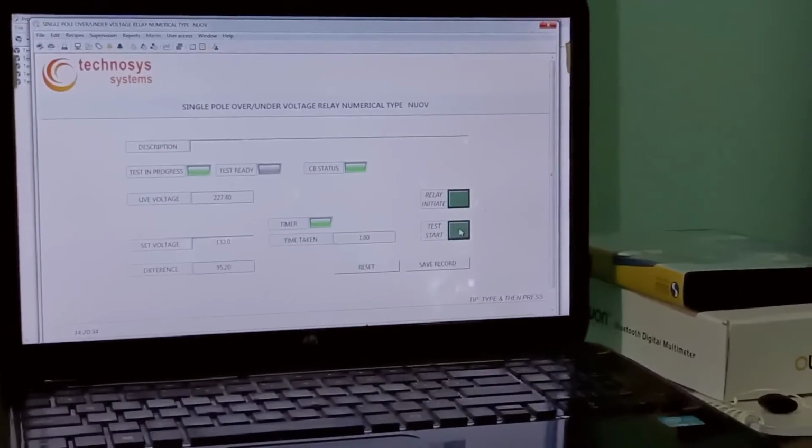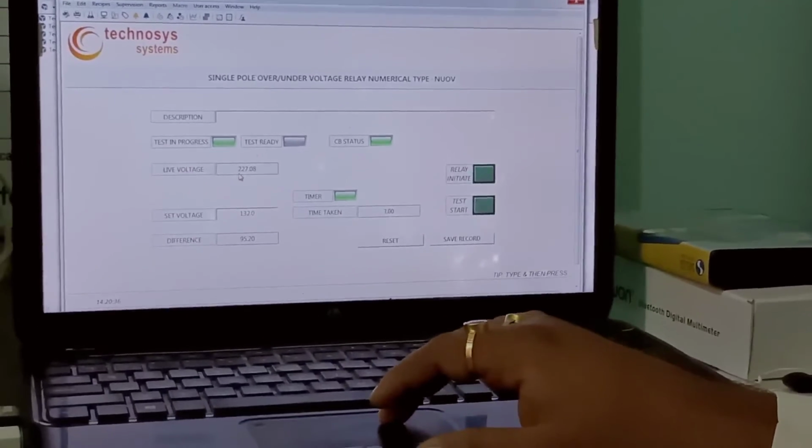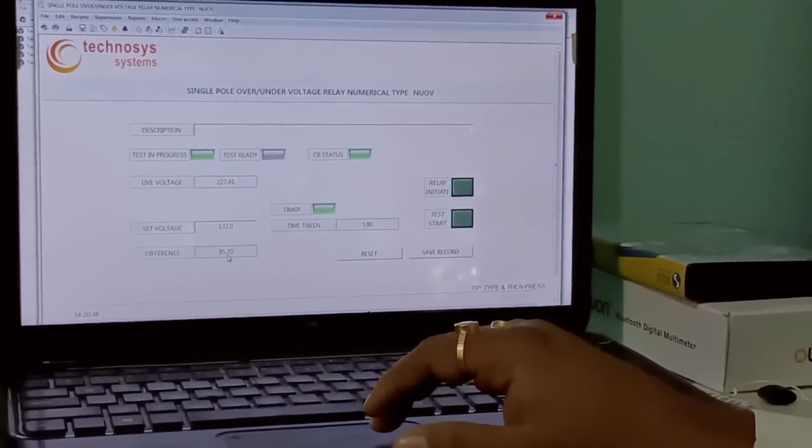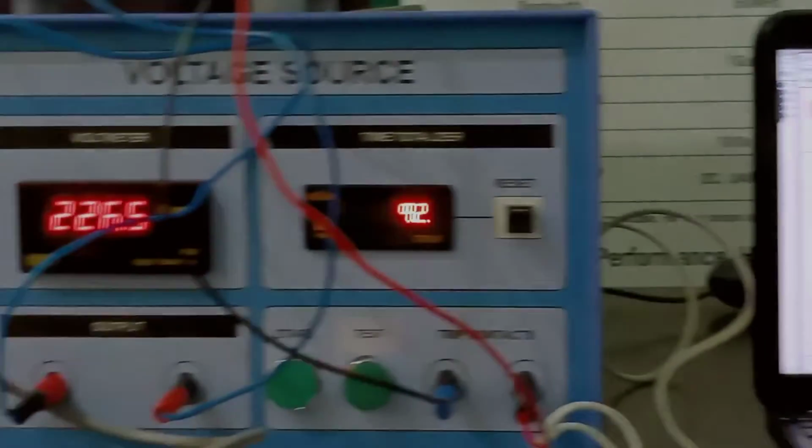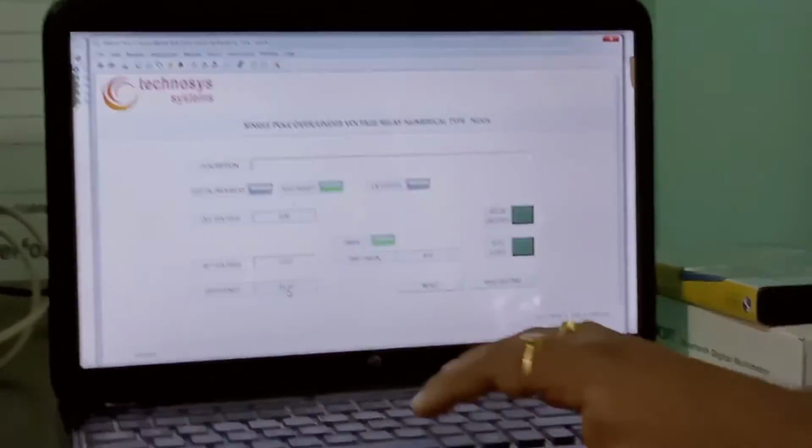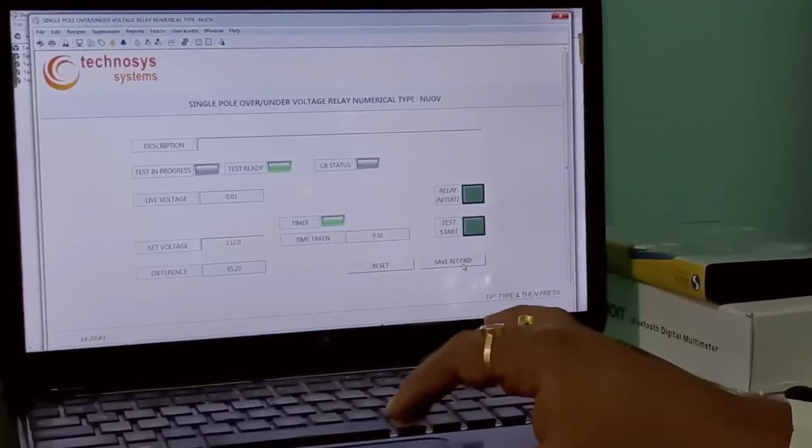So now the input voltage is 227, difference is 95. Time taken is 9.5 seconds. Save record.